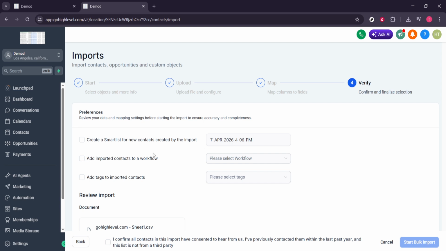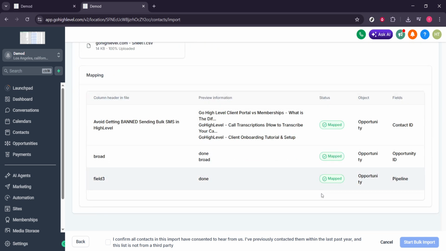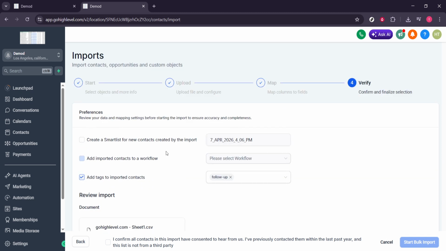Then, choose how to handle duplicates and ownership. If your file includes existing records, decide whether to skip or update them. You can also assign an owner if you want all imported opportunities attributed to a specific user by default. Take a quick look at any additional options, like status or source, and select the values that best fit your workflow. When everything looks right, click